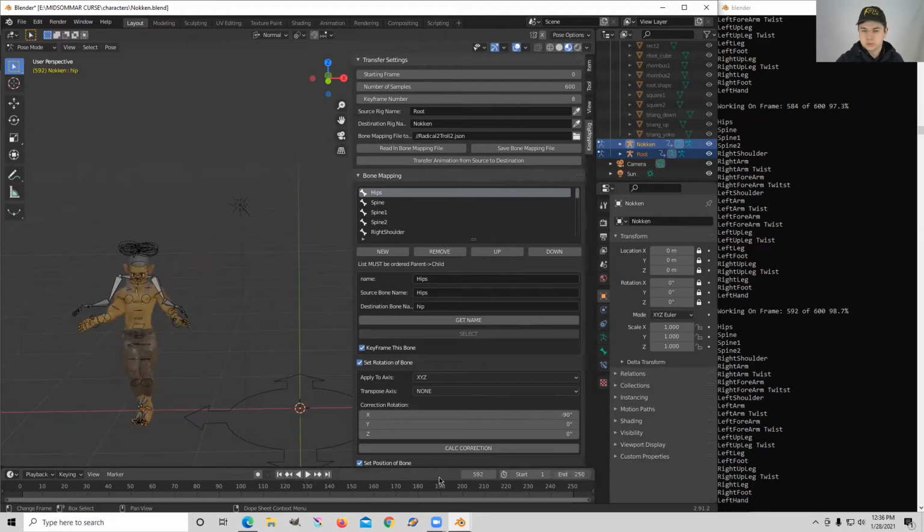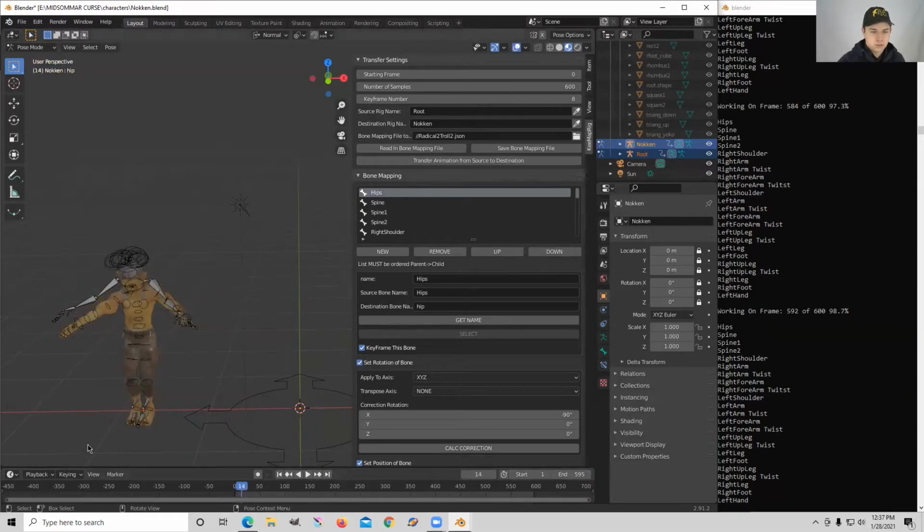So you can just look and see where the end of the keyframes are, and then change the end of your timeline to that. Usually I'll put it just a little farther. Okay, so now when we hit play,